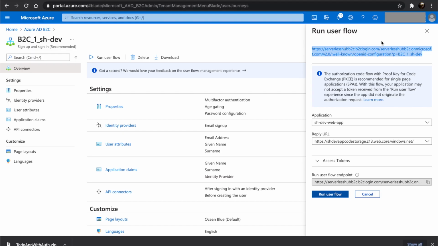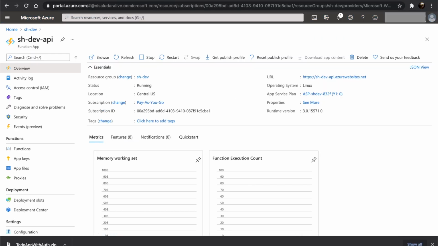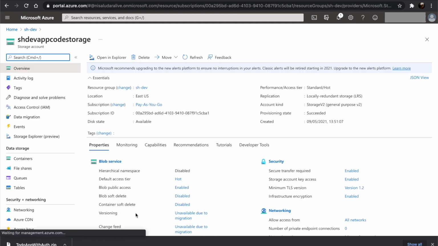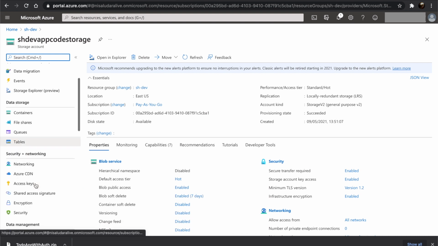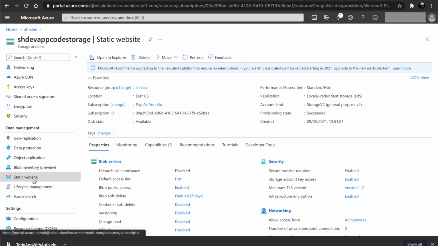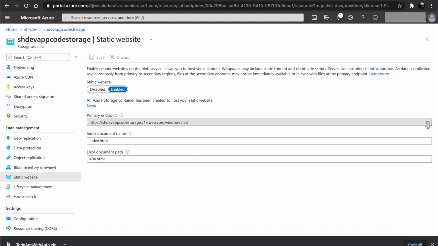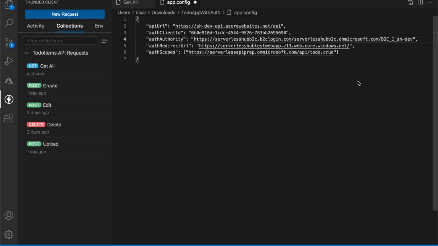Let's copy the web app URL. Let's go to the storage account, static website, and get the primary endpoint. And finally, let's get the scope.